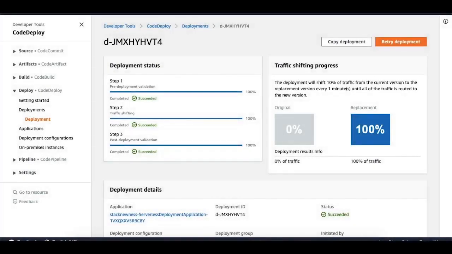All right, guys. So there we have it. You see now we are at 100% of the traffic has been shifted. Everything succeeded. And now if we go over to our invoke URL again, we can hit refresh and we'll see that we get nothing but the new updated response and not the original response. So that tells us that